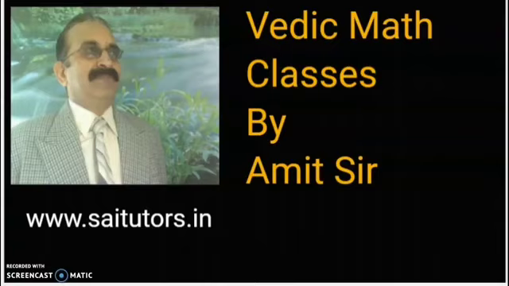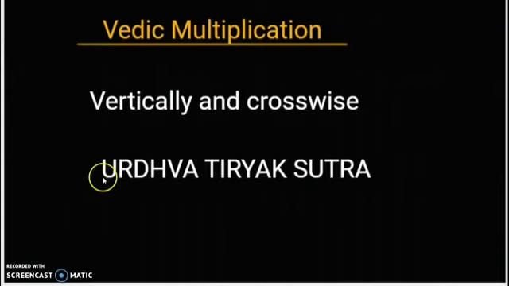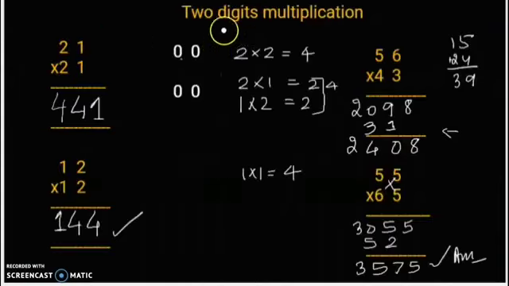In today's class, I will discuss Vedic multiplication by vertically and crosswise, which is also called Urdhva Tiryak Sutra. Let us start with two-digit multiplication. The first question is 21 times 21. So in this example,